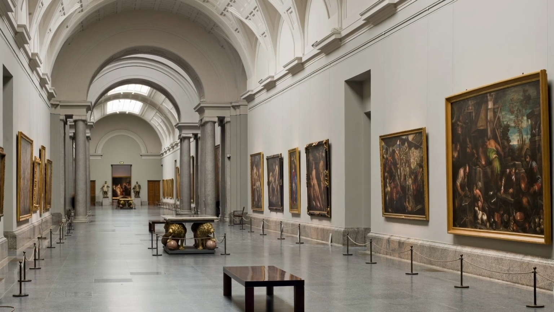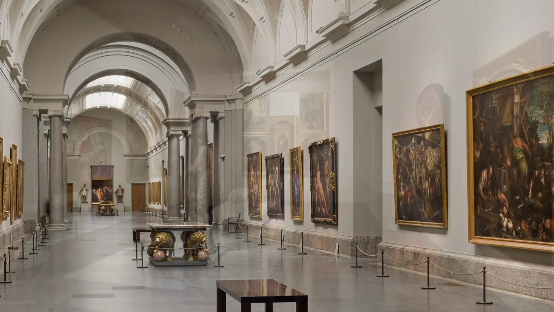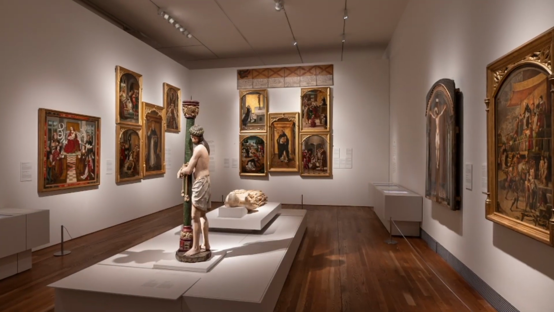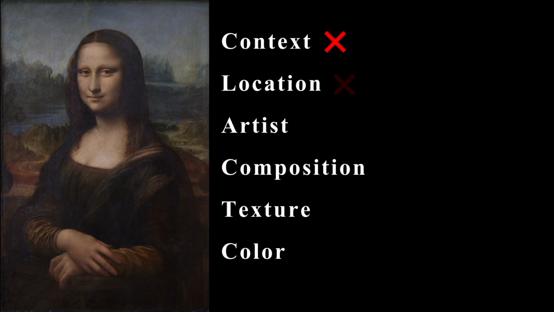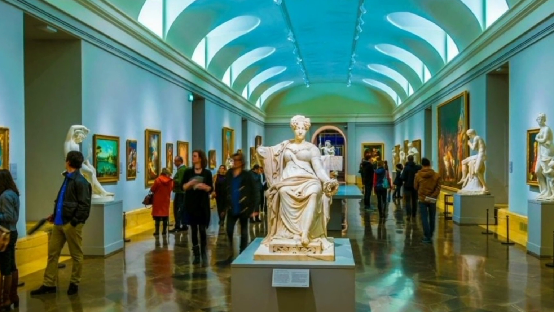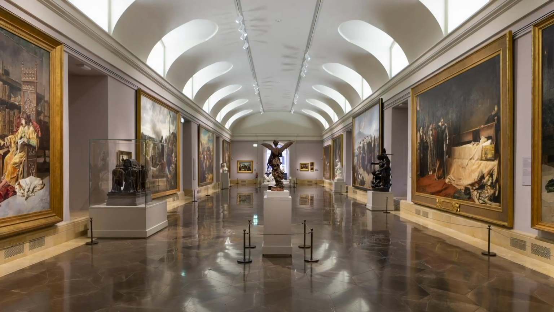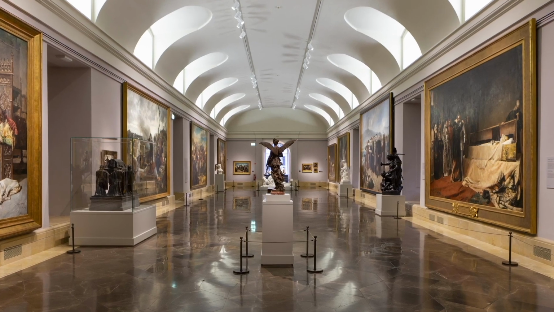Okay, so today in the Museo del Prado, we are going to learn how to analyze art purely on its formal elements. What we will not be doing is looking at its context, where it is made, or even who made it. We only want to look at its composition and the various elements that make it up, such as texture and color. This video is really to give you a sense of how to analyze art in a very particular way in order to help you along your journey to not only appreciate art, but to really understand the